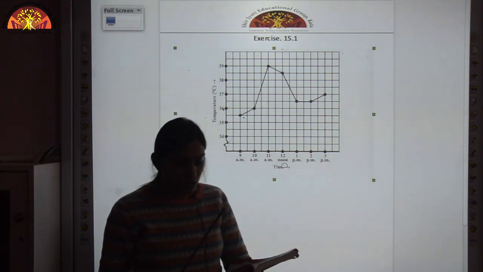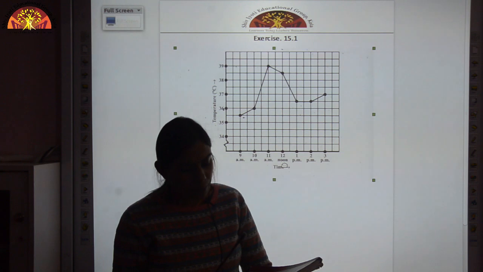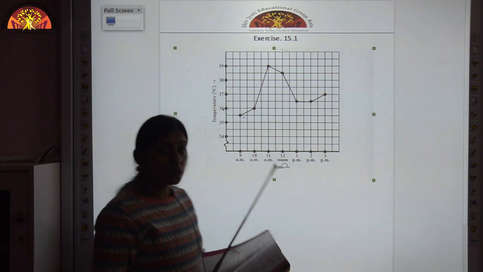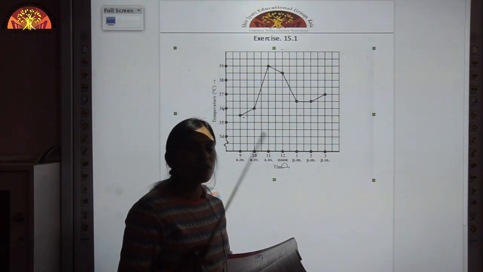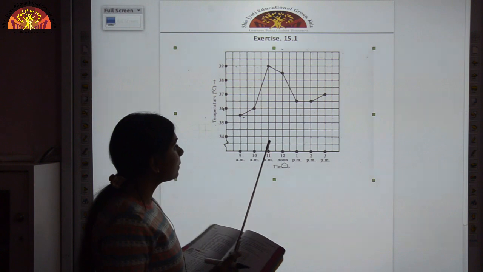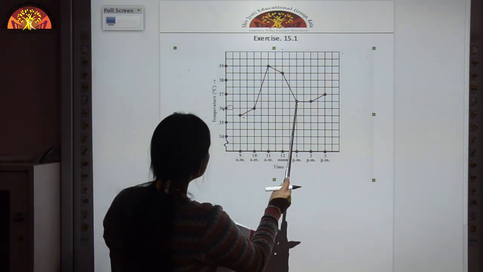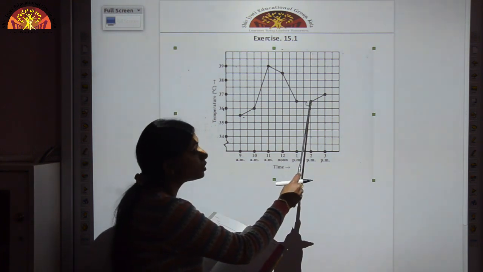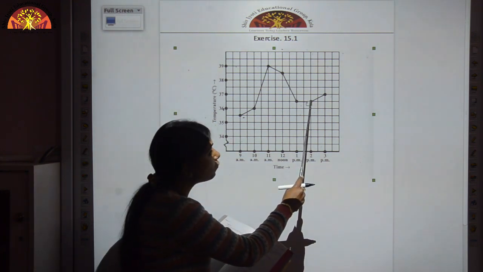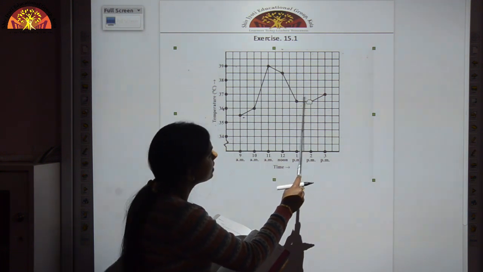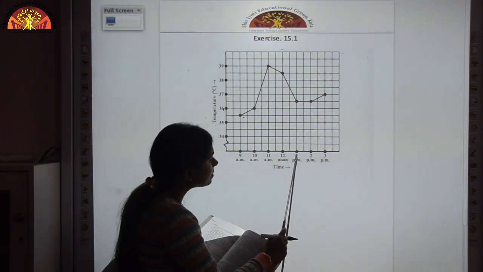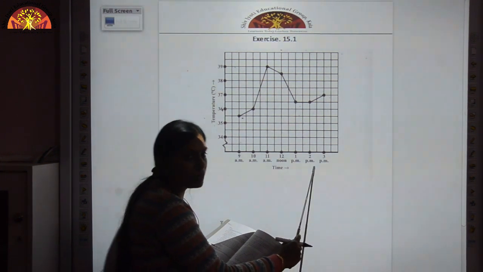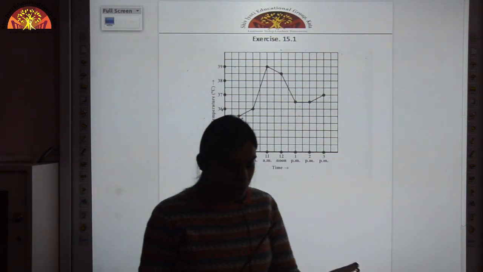The patient's temperature was the same 2 times during the period given. What were these 2 times? Now children, it has been asked that for the 2 times the temperature was constant. So you have to write the time for that particular temperature. So you can see children that here also it is 36.5 degrees Celsius and here also it is 36.5 degrees Celsius. That is for the 2 times the temperature recorded was the same. And you can see that it was the same at 1 p.m. and 2 p.m. So your answer is 1 p.m. and 2 p.m. Okay. Now just see the D part of this question.